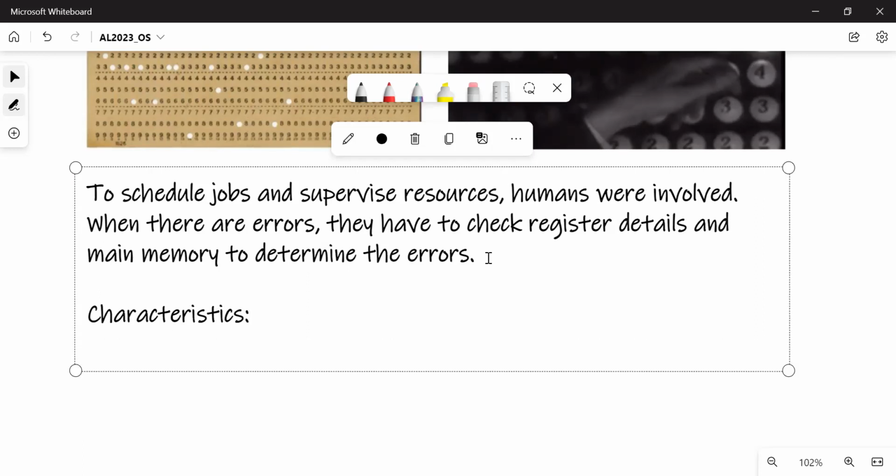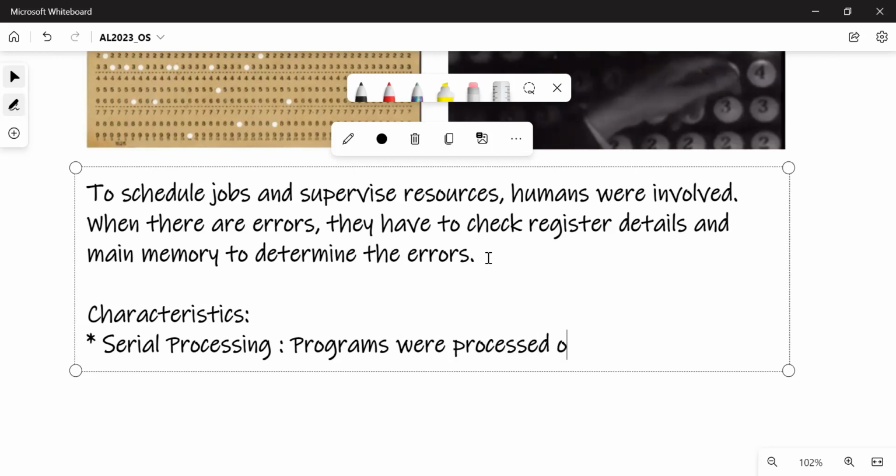One, it's serial processing. Serial processing means programs were processed one after the other.